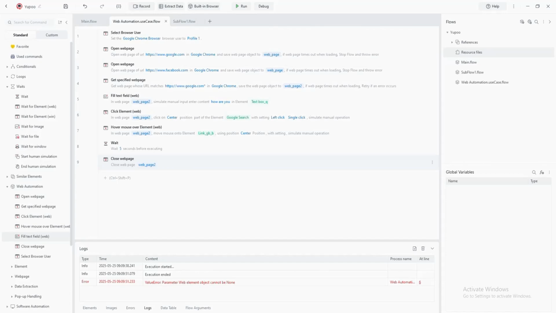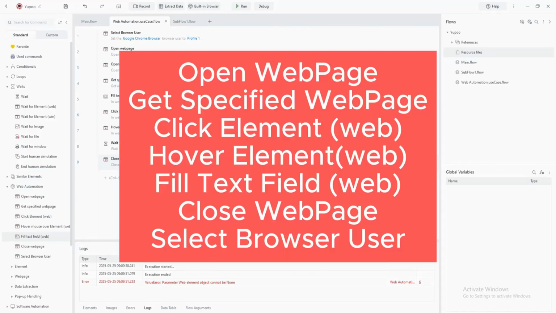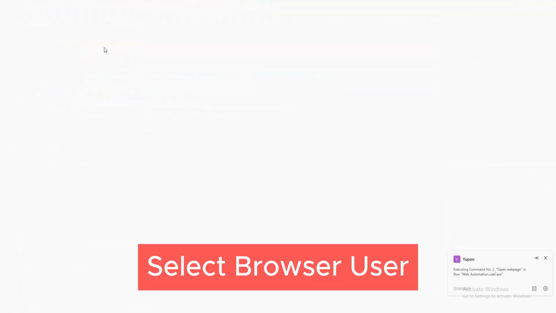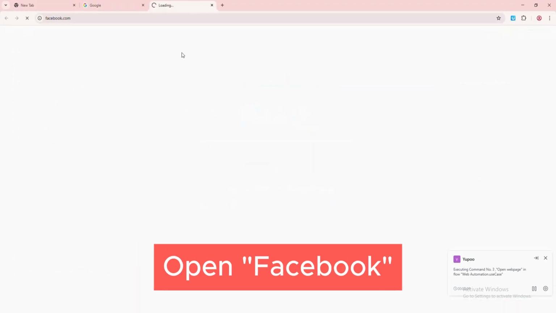We're gonna explore a few activities of the Automa Desktop RPA tool. Let's see the first use case. I run this workflow. First it will select a user, Chrome, then open Google, and then Facebook, and then